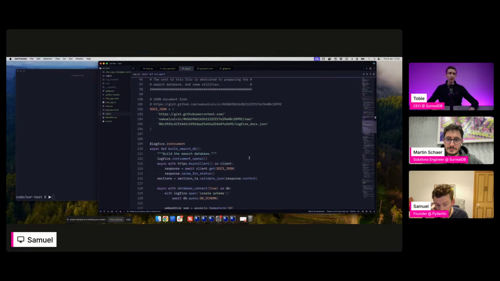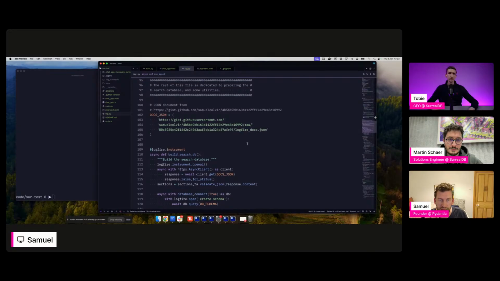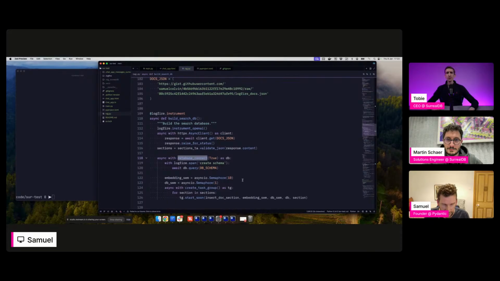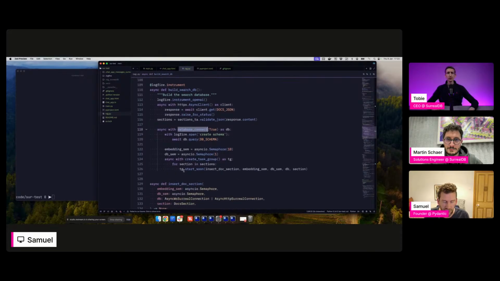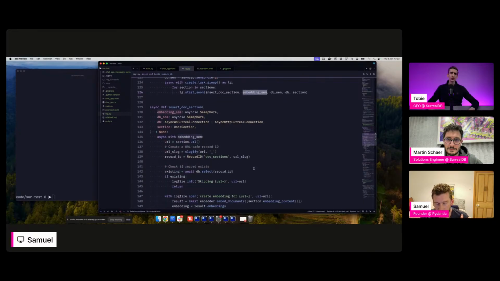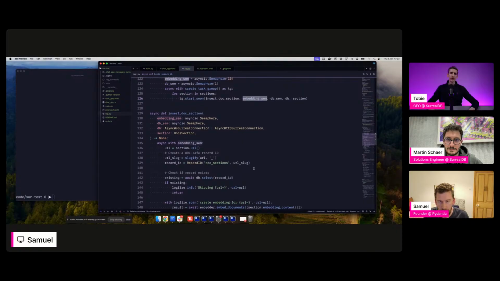And then we have some code here related to building the database, taking the examples and putting them into that database. So you see database connect, we're creating the schema, and then inserting a bunch in parallel, generating the embeddings and inserting the examples. We're calling this async function here to do the inserting. We've got a semaphore to limit the concurrency. I've actually already built the RAG database, so that's what you see here.